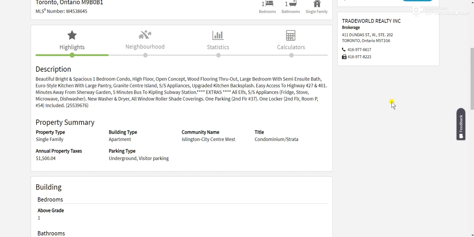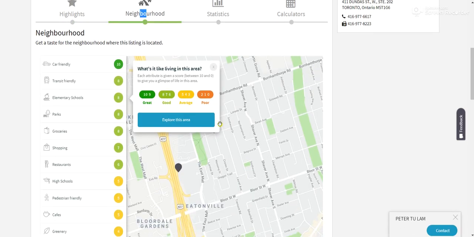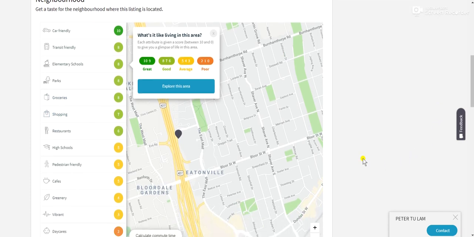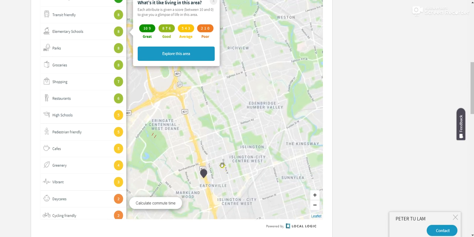Now, it lets us know the descriptions, the neighborhood. You can explore it, and these sorts of things are good. However, I would always do my own research and not necessarily trust the website specifically. So to give you an idea,